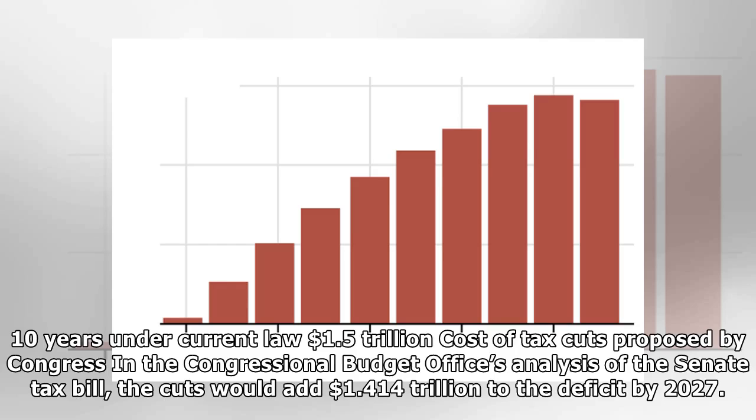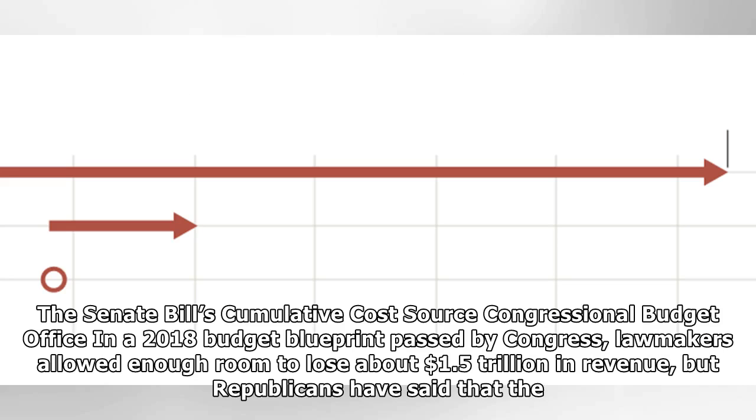In the Congressional Budget Office's analysis of the Senate tax bill, the cuts would add $1.414 trillion to the deficit by 2027. The Senate bill's cumulative cost. Source: Congressional Budget Office. In a 2018 budget blueprint passed by Congress, lawmakers allowed enough room to lose about $1.5 trillion in revenue,